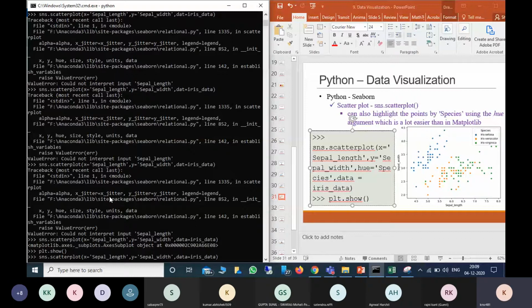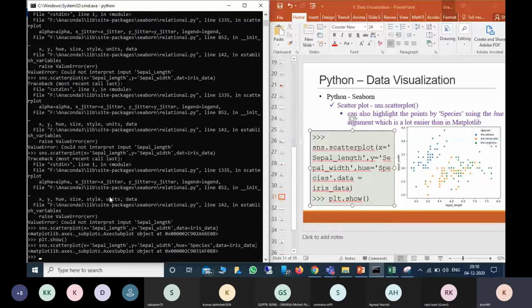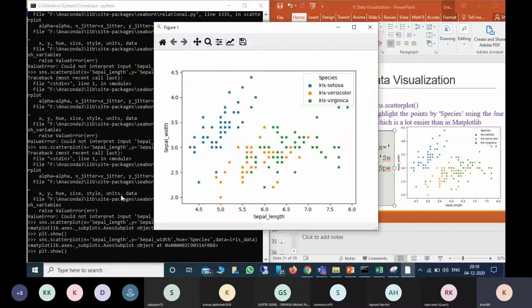So for this one, hue equal to species. So if I run this one now, see here how these colors appear.